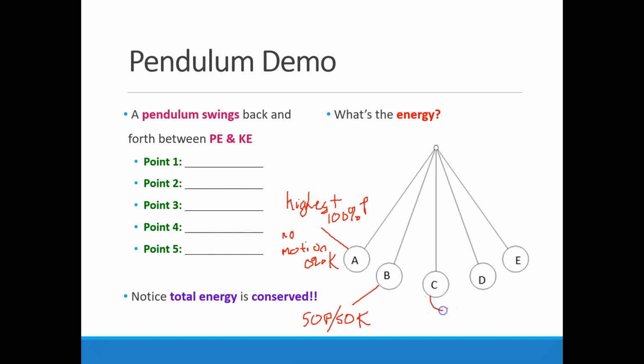At the bottom, right here at point C, we're now at the lowest point, the lowest height. And so at this point, we now have 0% potential energy. But we are actually moving at our fastest speed. So this is the point at which we move the fastest. And so now we actually have 100% kinetic energy. All right, so if you take a look over here,